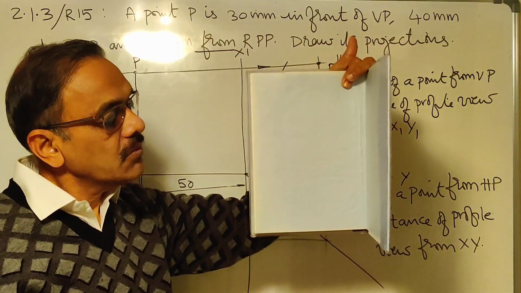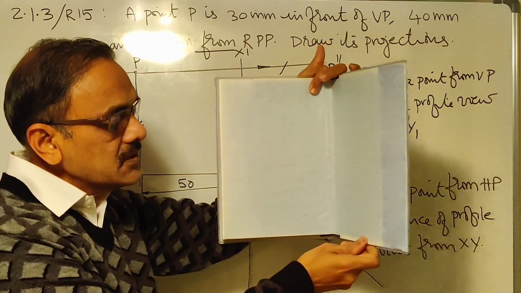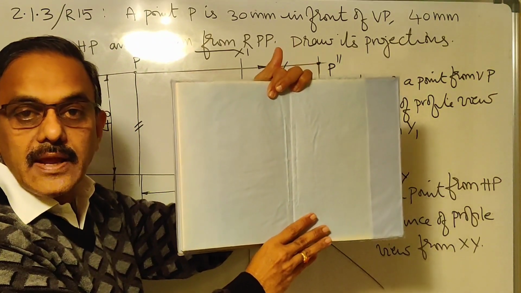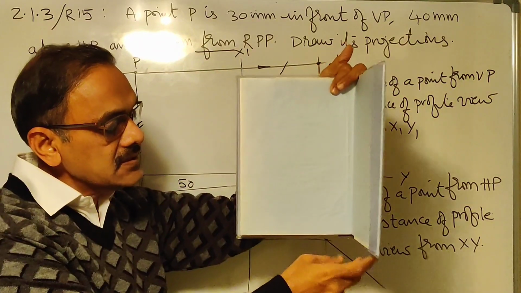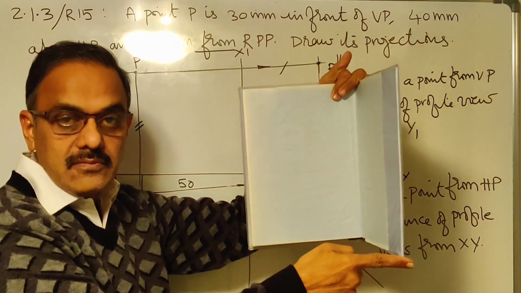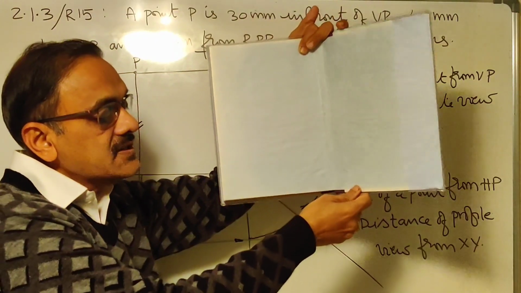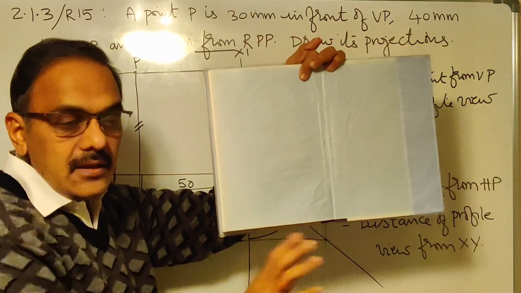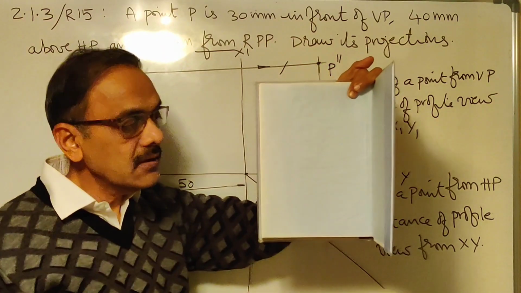Okay, so if you bring this right profile plane also into the plane of the VP, what you do is you rotate it by 90 degrees so that the right profile plane is also brought into the plane of the vertical plane. Now see, when it is like this, this is your XY line. This also becomes XY line after rotation because it coincides with XY line, and this is your X1 Y1 line.